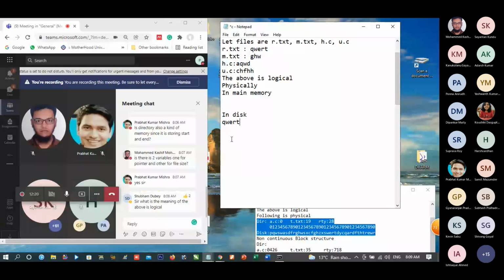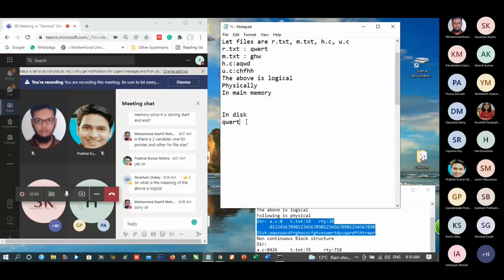I cannot hear you. In disk, QWERT, file contents are stored in disk. In disk, file contents are stored. And in main memory, we say that what is r.text? R.text is on disk between the location 0, 1, 2, 3, 4.